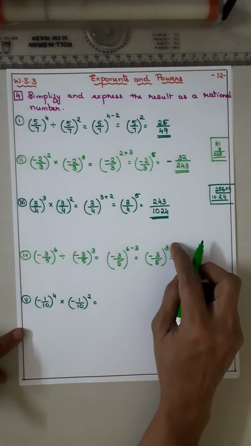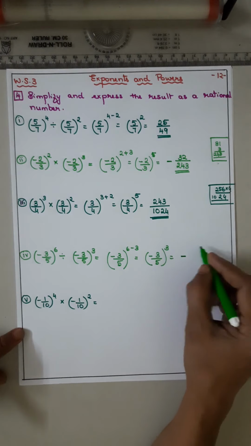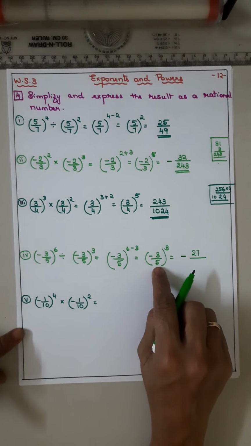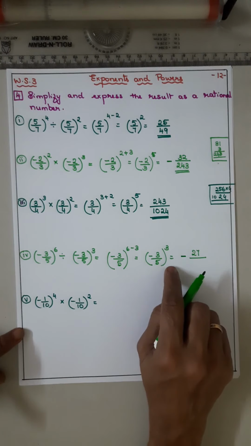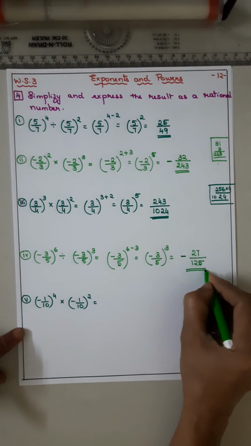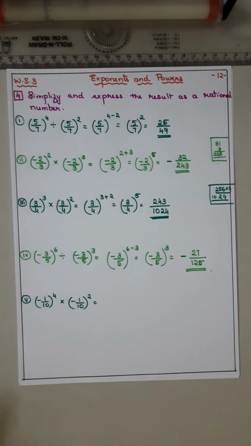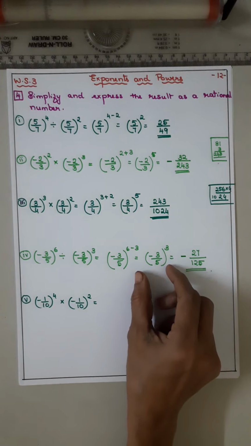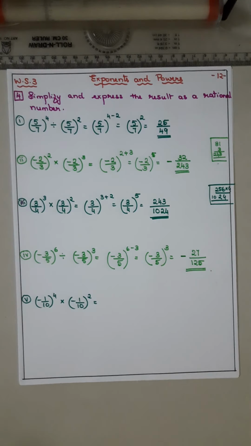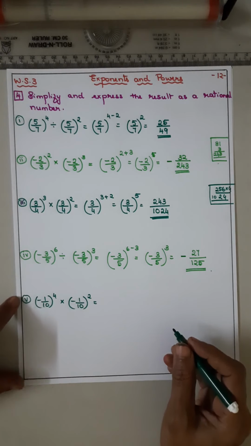Now 3 to the power 3. 3 3s are 9, 9 3s are 27. 5 cube, 5 to the power 3: 5 5s are 25, 25 5s are 125. So you have to find out the rational number. It is not in exponential form. If they ask for exponential form, stop till here. If they ask for the rational number, you have to find the answer. Okay, multiply and see.